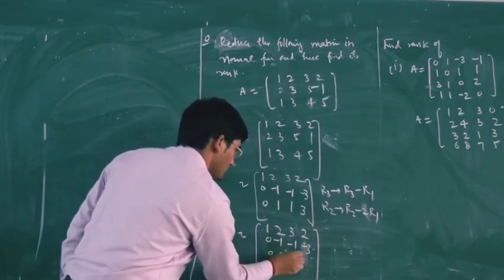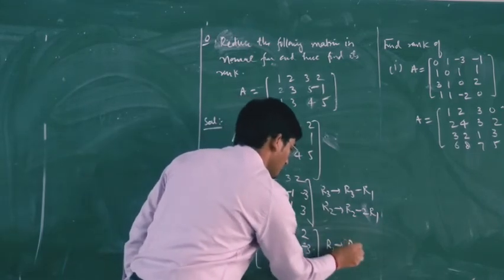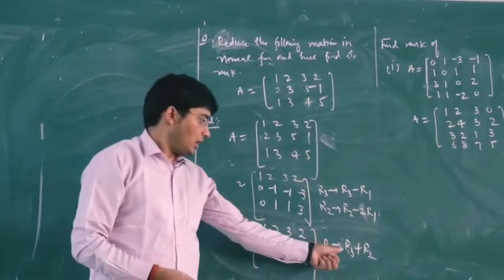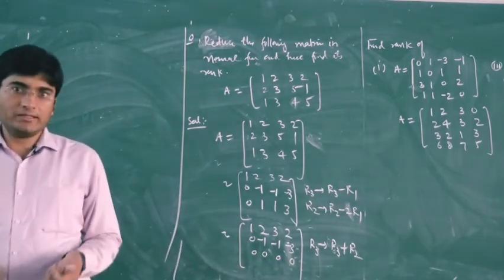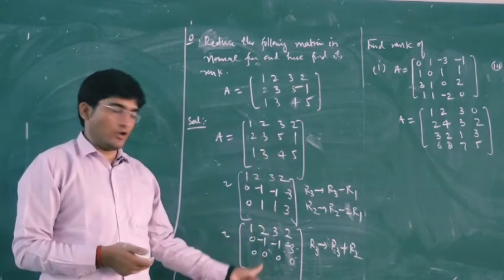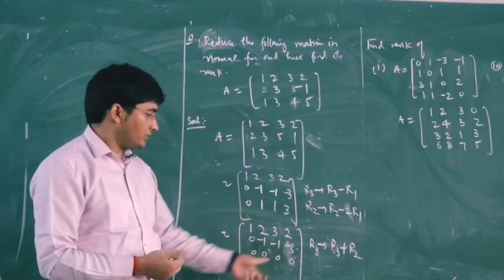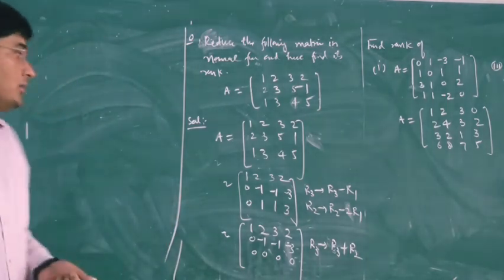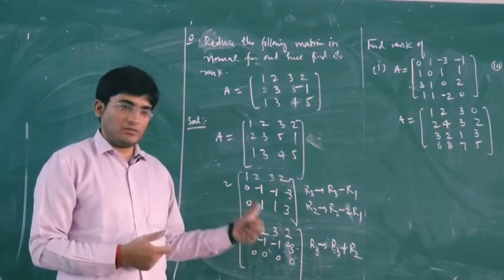Then let us have the operation R3 plus R2. So if we apply the operation R3 plus R2 in R3, then our third row is 0. So here we can see that our rank of the matrix is 2 because of the echelon form. Now we will use our column operation to reduce the other elements to 0, because in normal form we need an identity matrix. That means only diagonal elements are non-zero, and other elements should be 0.